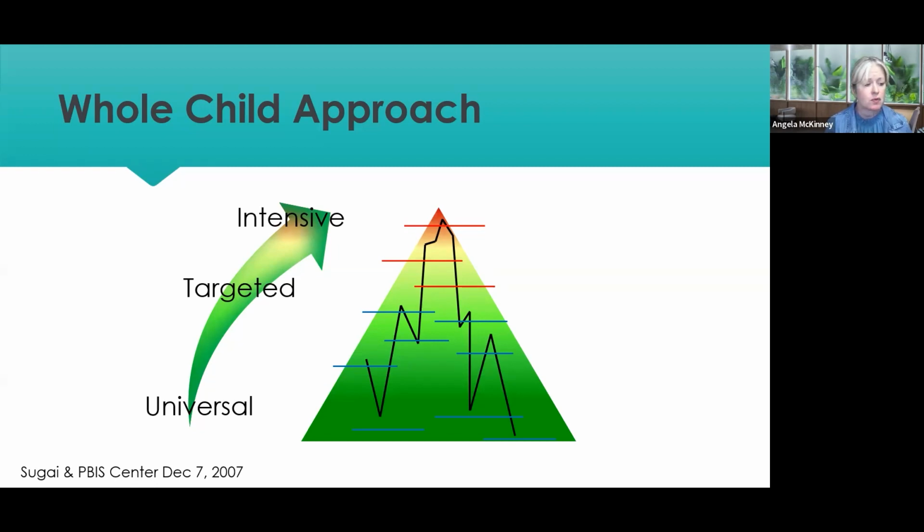And I bet each of you could probably create your own little triangle. And it may not look like this. Hopefully we've got a lot more green things on there than anything. But I know I've at least got some things in that yellow area that say, you know what,